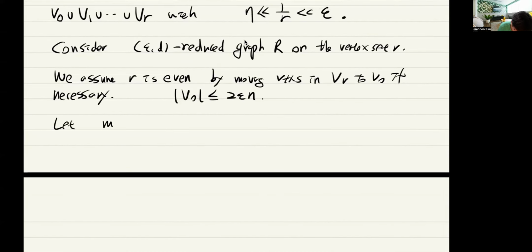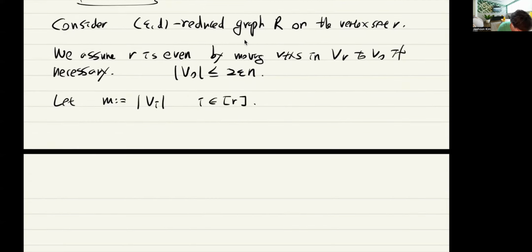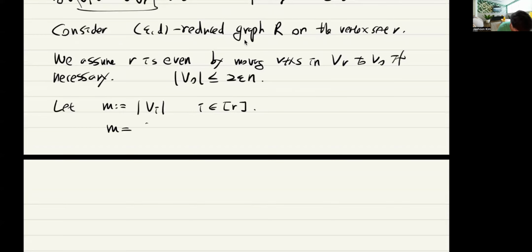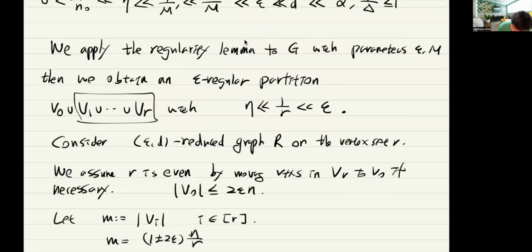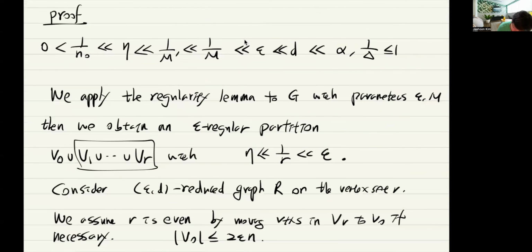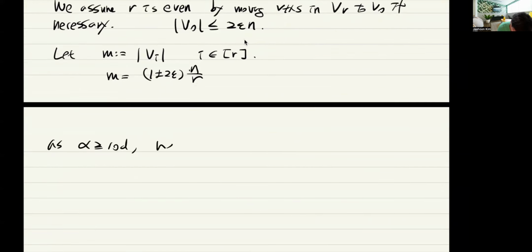So these are the clusters Vi. And let m be the size of each Vi. So all of the Vi here have the same size. And this m is roughly n over R. And we know that alpha is bigger than d, so as alpha is bigger than, say, 10d, we have,